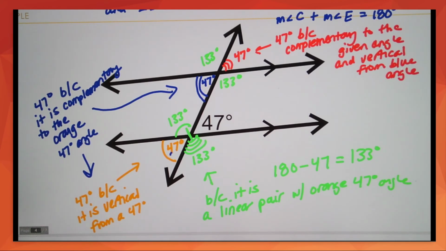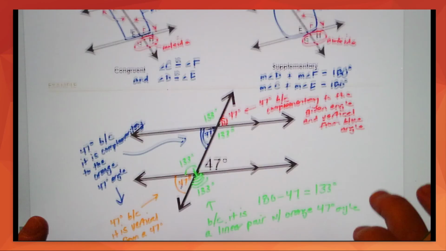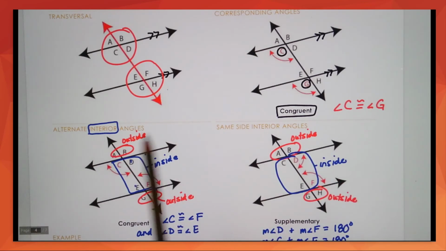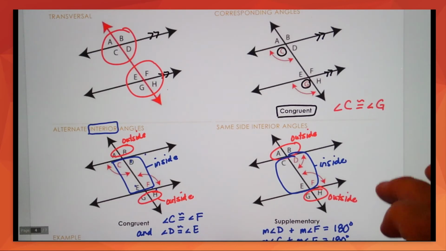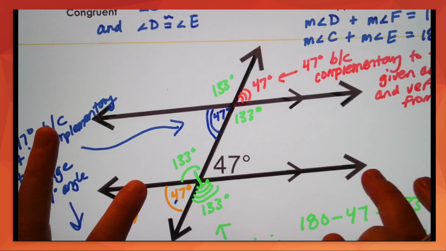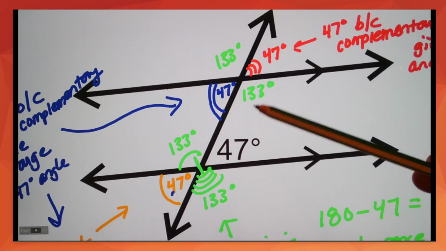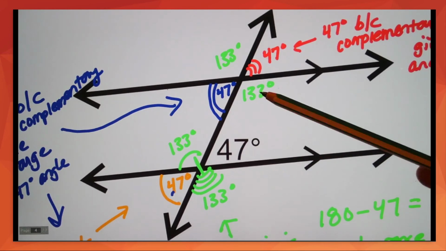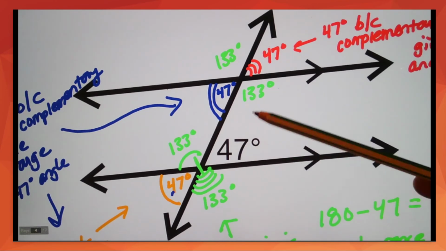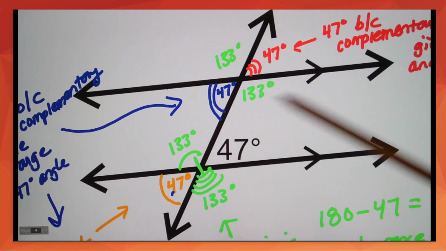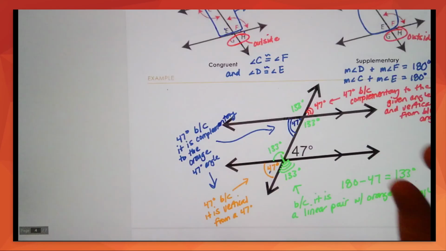And so the key here is being able to remember the definitions of things like corresponding, alternate interior, same side interior. What does that mean? We can apply same side interior for sure because they're supplementary, and 133 and 47 has to be supplementary. That adds up to 180, and that's correct. Same for this side, same side interior. So yeah,